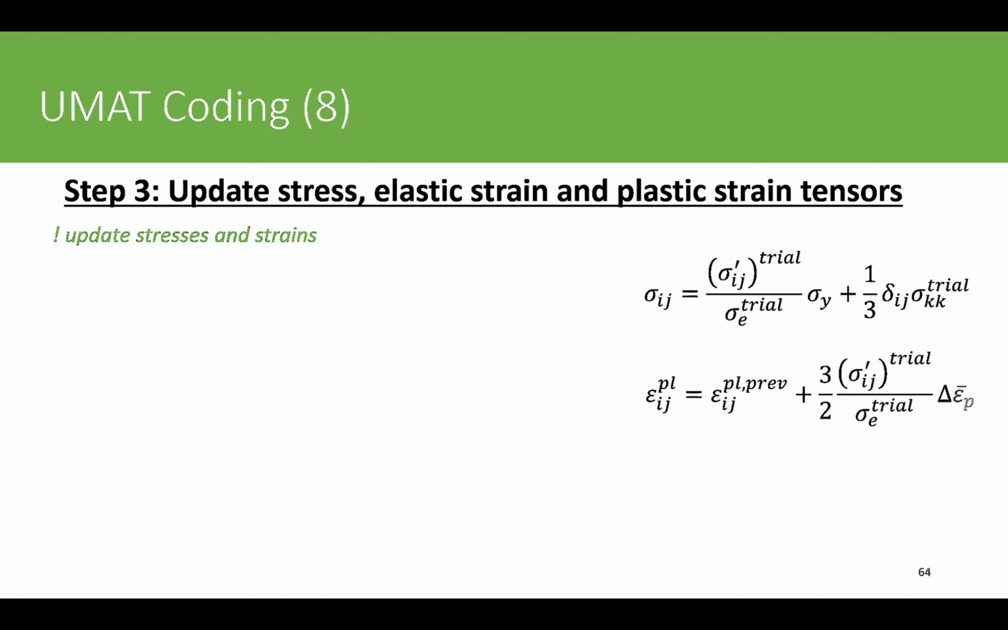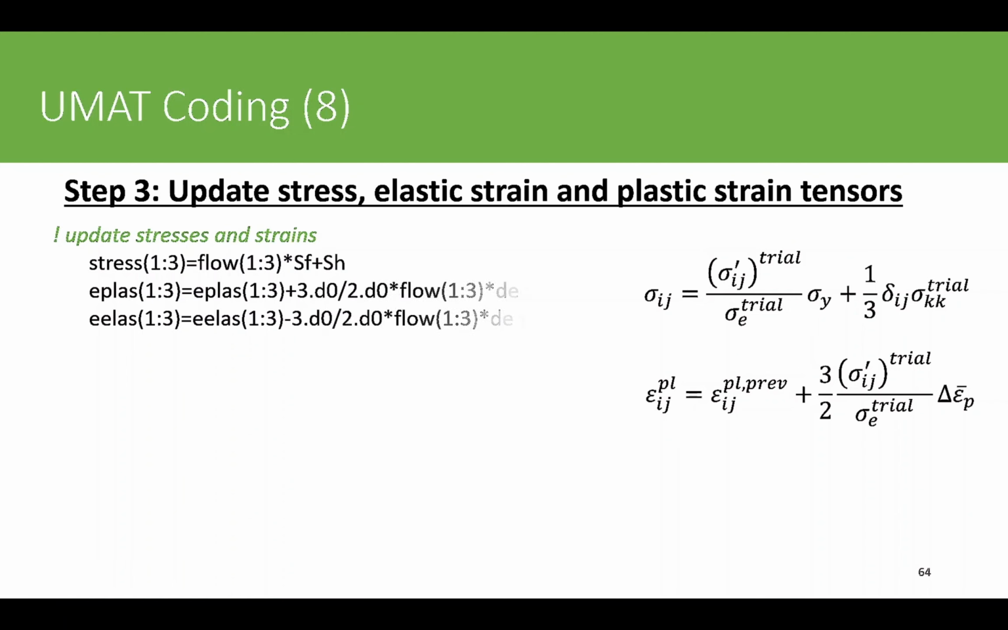And similarly, we can find the strain tensor using this relationship. Again, I have provided you with that. So we are just updating based on the flow direction and the newly computed value of this equivalent strain, and update the plastic strain tensor using this relationship. So that's what I have done here. I will compute the stresses firstly for the 1 to 3 direction, which are the direct components, and that's flow times the SF, which is a yield stress, plus the hydrostatic stress, which we have already computed in the previous slide. Similarly, equivalent plastic strain tensor,